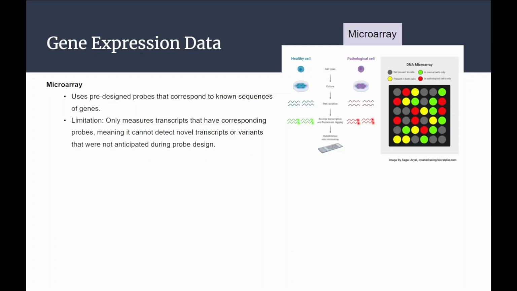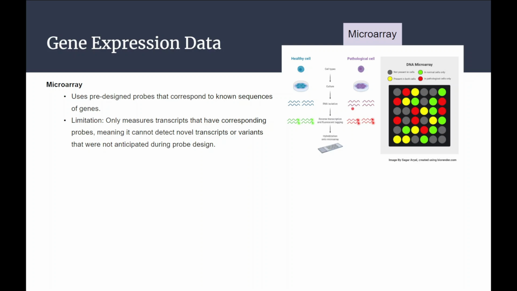Starting with how we can collect the gene expression data. Before single cell, there were a lot of experiments where people used to generate gene expression data in the form of microarray, and the second one is RNA-seq. If I go quickly over microarray, it's very simple. In microarray, we are comparing the gene expression profile between two conditions, whether it can be healthy versus pathogenic cells or tumor versus non-tumor cells, anything, it can be two conditions.